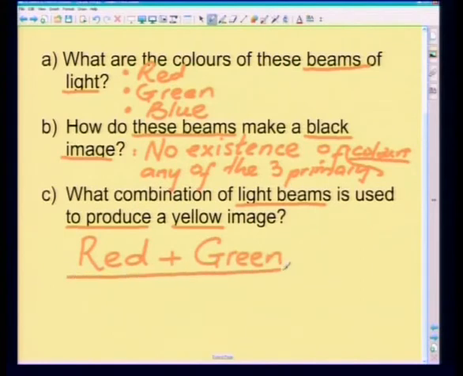Okay, so that will give us a yellow image. Okay,